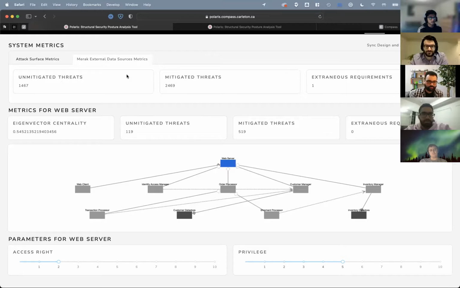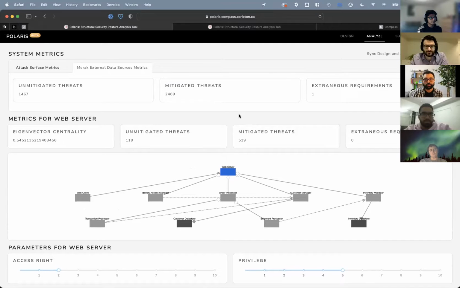And so you can see all of this information coming together, and you can run these analyses and really get a better understanding of, okay, what changes and how our security improves or does not improve, and make decisions accordingly.